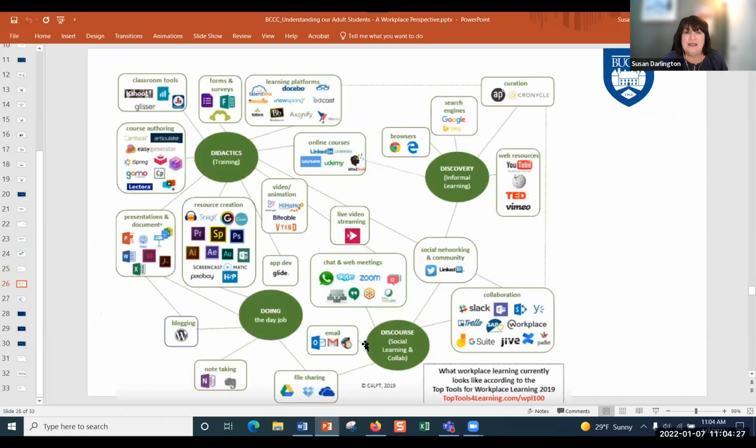So this is a very busy screen, but I really liked this graphic because it took all of these tools and kind of put them together. These are the tools for discovery. And I know this is difficult to see. If you get a copy of the PowerPoint, you can zoom in on it then, but these are all of the different tools that we use for discovery.